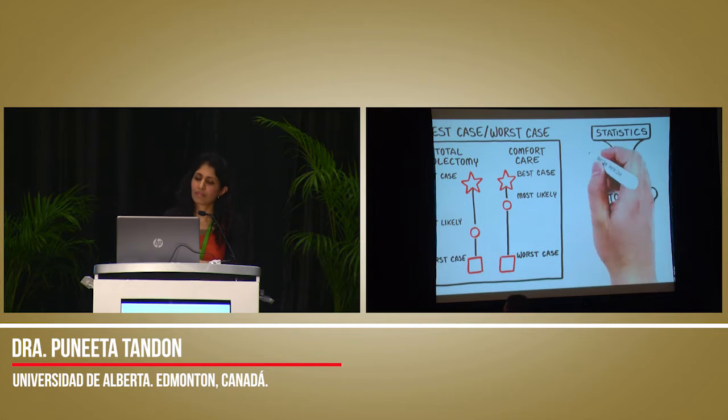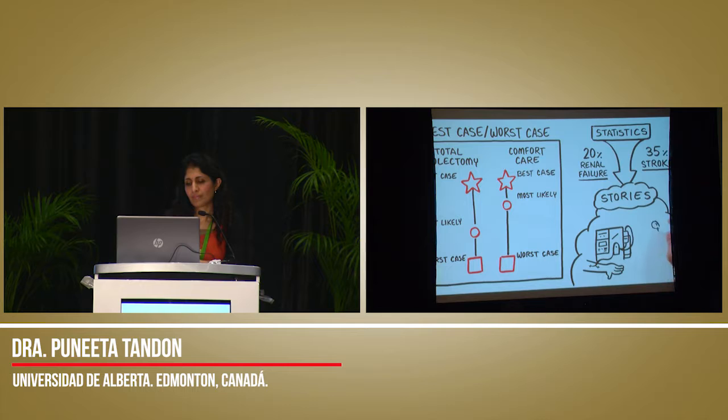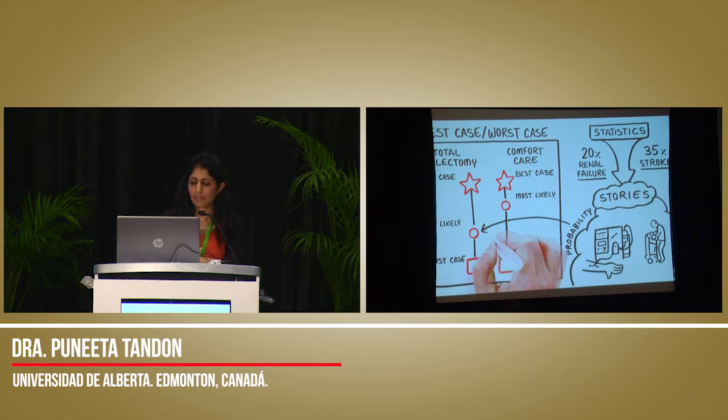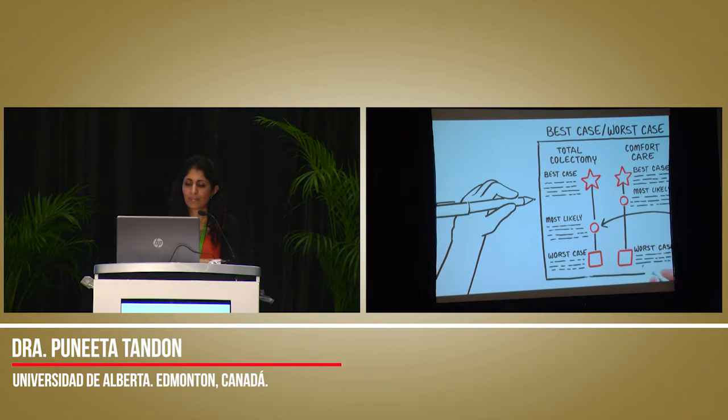Instead of talking about a 20% risk of renal failure and a 35% risk of stroke, tell a story about what a patient's life might actually look like if these complications occurred. You show the probability of these events by where you position the most likely outcome on the line between best and worst. Pull out key elements from your story and write them on the graphic aid. During a busy day, this seems time-consuming, but it is critical. Patients and families will refer back to this graphic aid in order to deliberate about options after you have left.